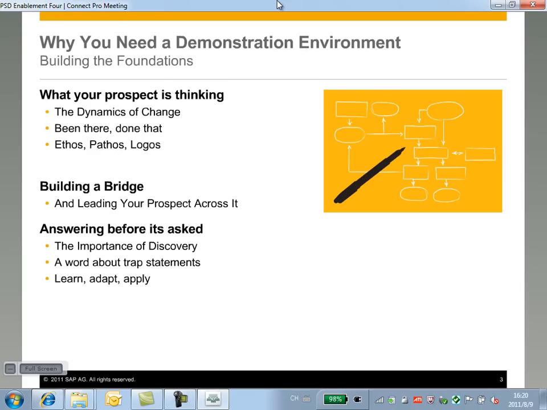And many of those competitors will leave what we call trap statements. For example, a great trap statement that I know many people come across is, SAP Business One does not run over the internet. So with the right demonstration environment that is configured the right way, you can address those trap statements that your competitors are leaving in the mind of the prospect without even having to specifically